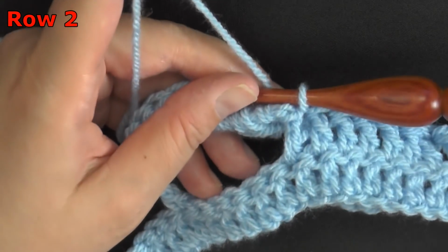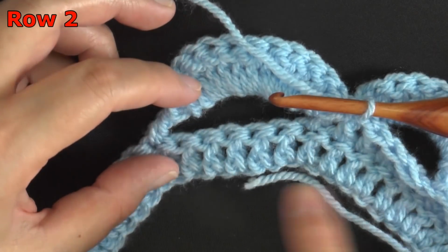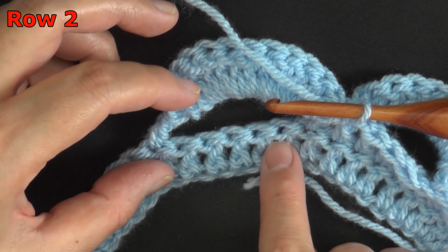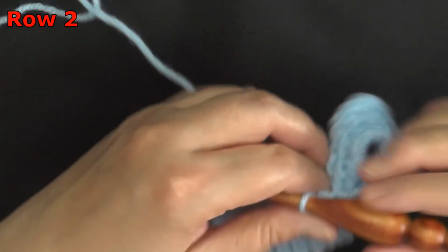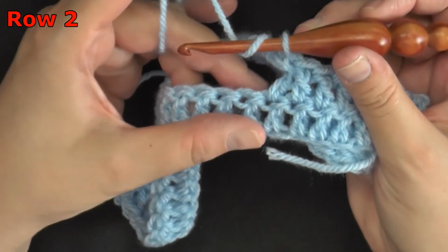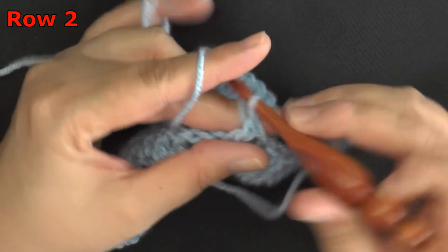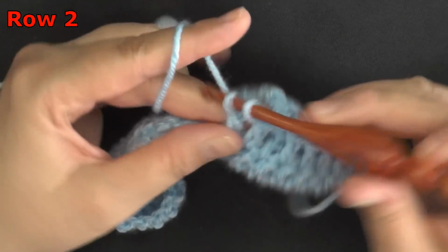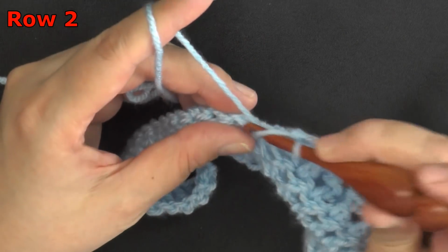And then we're going to be working in our skipped stitches now, these 5 stitches that we just skipped, putting 1 double crochet in each one of those. So yarn over, find your first skipped stitch, put a double crochet. There should be 5 of them back here. 2, 3,